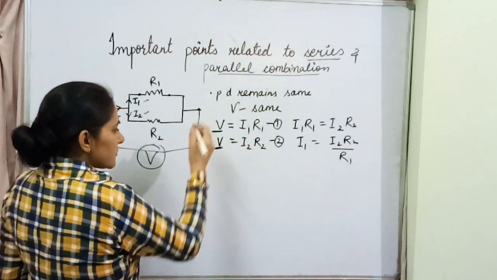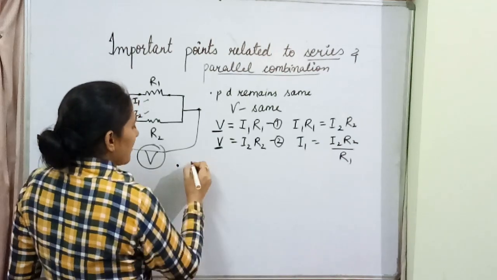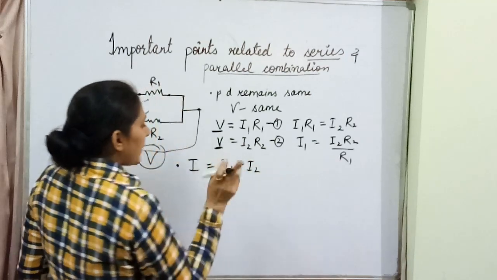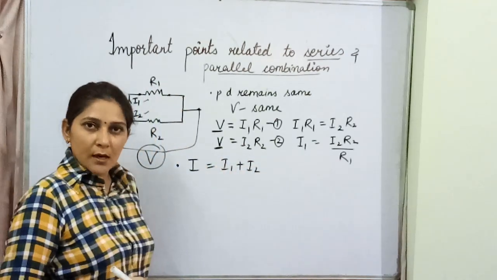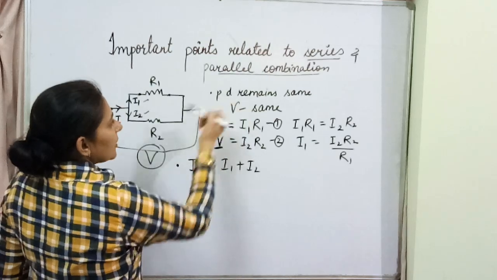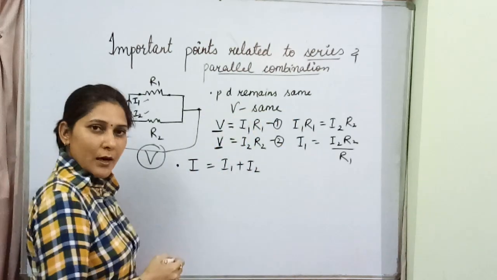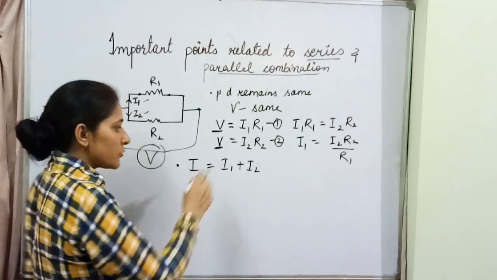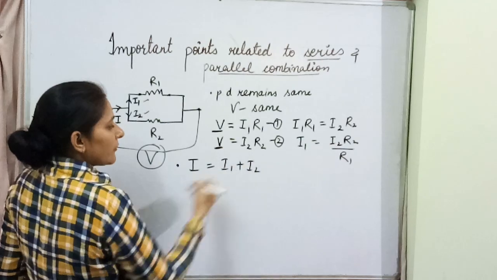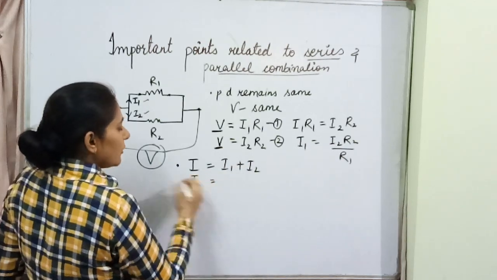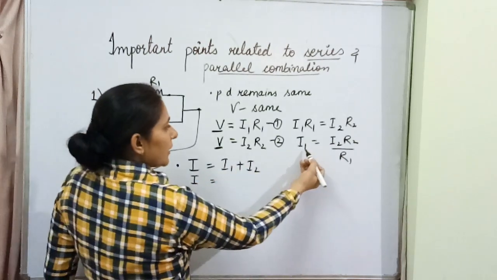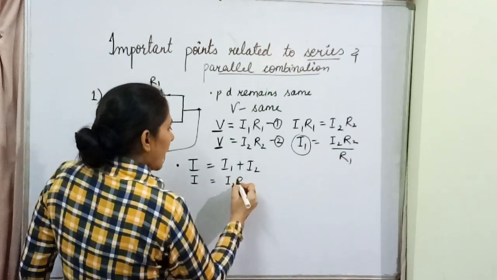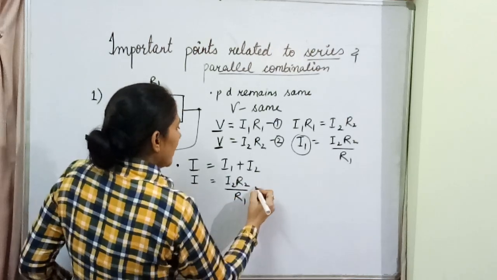Now as we are aware, the total current in a series combination, sorry, in a parallel combination, is given by I1 plus I2. One point we applied over here: potential difference remains the same for a parallel combination. Second, we are applying over here that the current will be the sum of the different currents flowing in different paths. I is equal to I1 plus I2. This will remain I over here. Now you can substitute the value of I1 from here, that is I2 R2 upon R1 plus